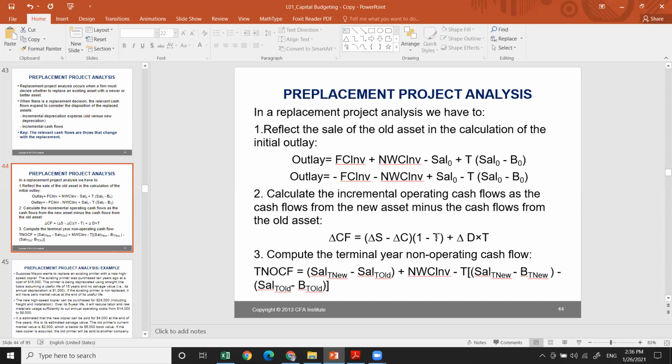First of all, in any projection of cash flow, in any estimation of the NPV, you need to know your investment cost and you need to estimate the cash flows. It is similar to what we have done in cash flow projection for the expansion project or new service or products in the new market. But a replacement project has one difference: you're just getting the incremental value, which means the difference between cash flows of the old equipment and the cash flows of the new equipment. This is the difference. So when you estimate the investment cost,